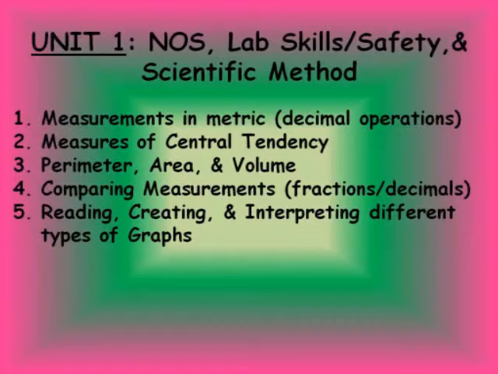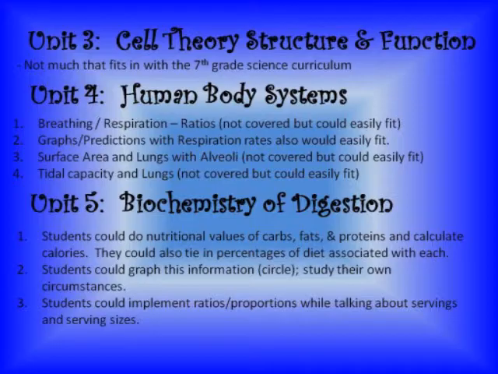In the first 2 units of 7th grade science, we can implement graphing, statistics, measurements, all kinds of things. The problem is, what will the kids know from 6th grade and what will they have learned in 7th grade math already? Yes, I can help integrate math skills into my science class, but I am not responsible for teaching the math curriculum to my students. I'm responsible for the science curriculum, and I don't want to cross that line. The curriculum I've taught this year in 7th grade science really doesn't lend itself to math integration. But with a little tweaking of the science curriculum, there would be lots of room for integration of math.